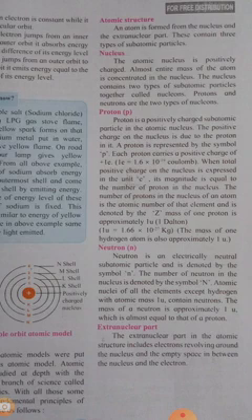So, study of proton. A proton is a positively charged subatomic particle in the atomic nucleus. The positive charge on the nucleus is due to the protons in it. Proton is represented by the symbol P. It carries a positive charge of plus 1 electron charge. Its magnitude is equal to the number of protons in the nucleus. And student, the number of protons in the nucleus of an atom is the atomic number of that element. That means the number of protons is equal to the atomic number, represented by capital Z.